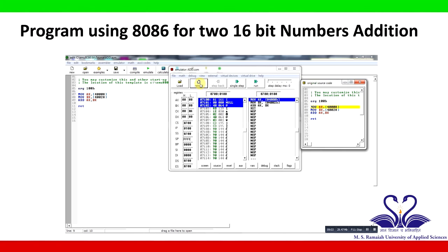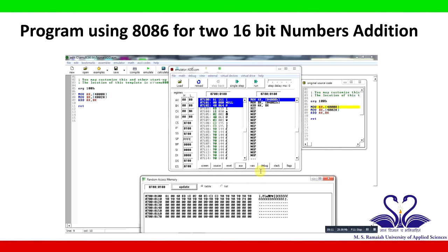Click on reload and then click on aux and select memory, and now the RAM window opens to update the content in the memory locations. Enter the address 4000 in the space given and click on update. Now it will go to the 4000 memory location. In the 4000 memory location, store the contents 1111, and in the 4002 memory location, the stored contents are 2222, because it is a 16-bit number, so we use two memory locations.